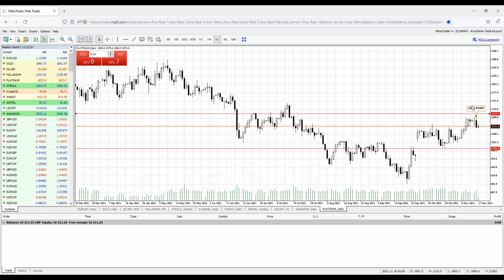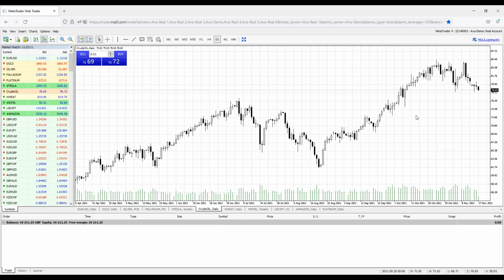I cannot type down support and resistance, okay, because of the nature of the disclosure I've read in the beginning, but this could be my resistance. This could be the ceiling of the chart. This could be the support of the chart. Why do I need those? Because of that. Look,